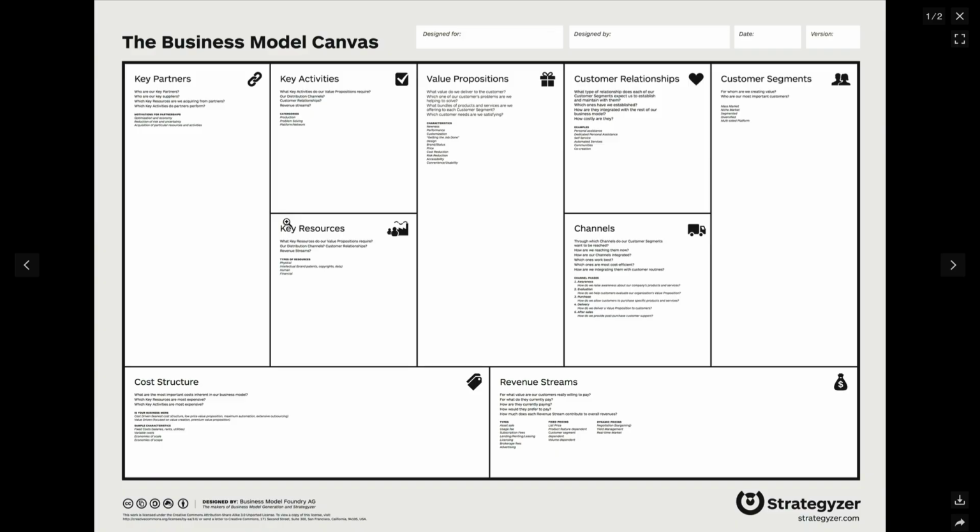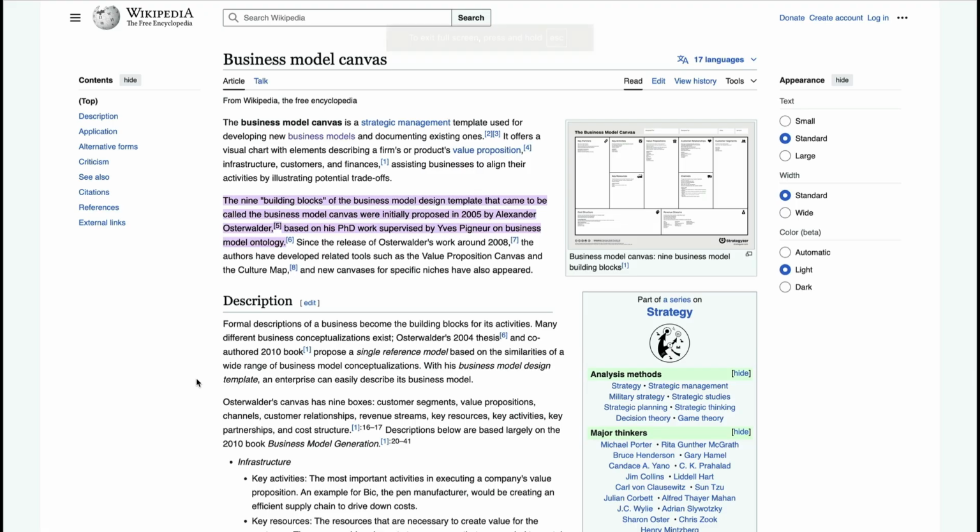So let me explain what the business model canvas is, what it isn't, what it's useful for, and what it's not useful for. Because in the field of business modeling, it's a big brand, a big title, but just like anything else, it doesn't solve everything. One thing it doesn't do is it doesn't actually help you create better strategies. Because as you can see, the business model canvas is a strategic management template. It's just a template, nothing more. Templates are helpful, but they are just templates. You're the one who fills them out.